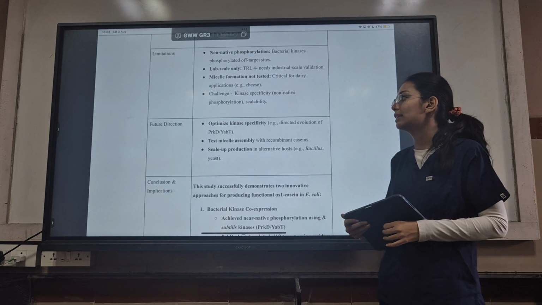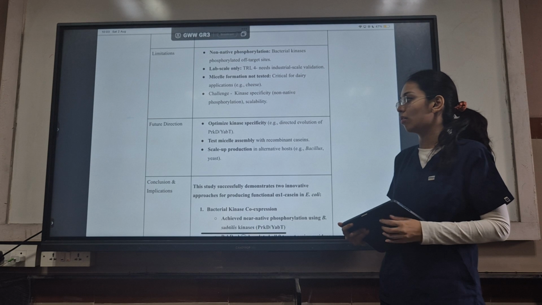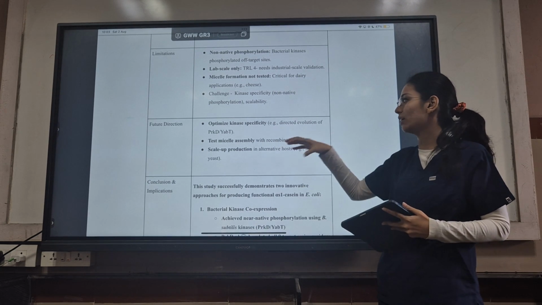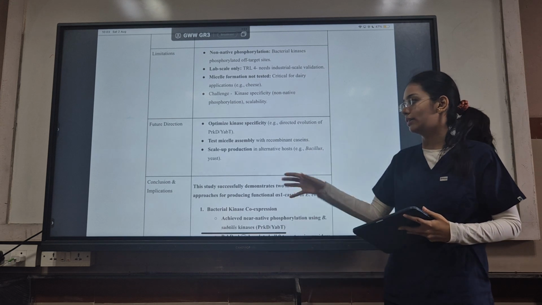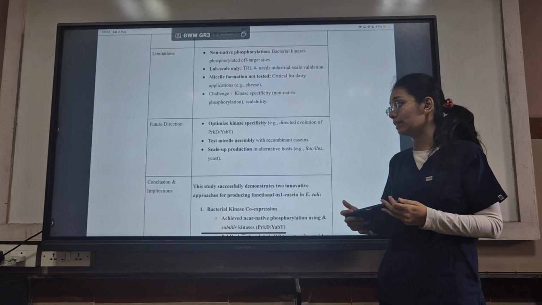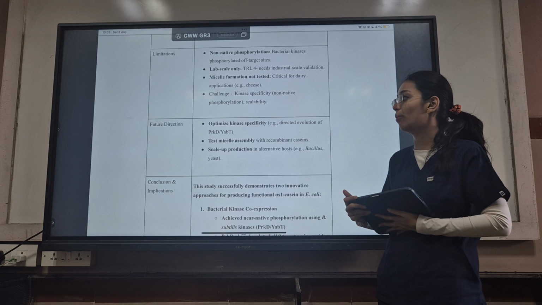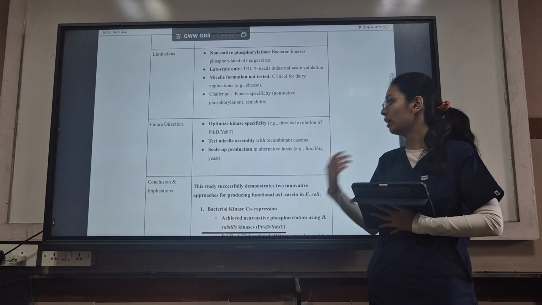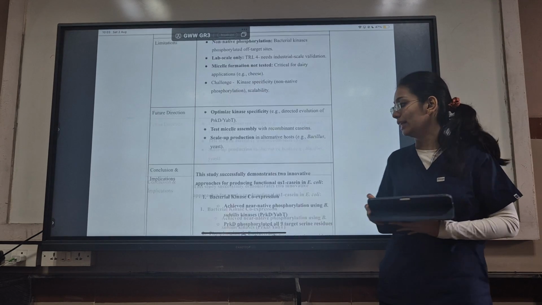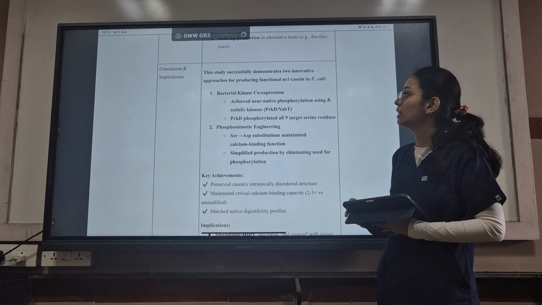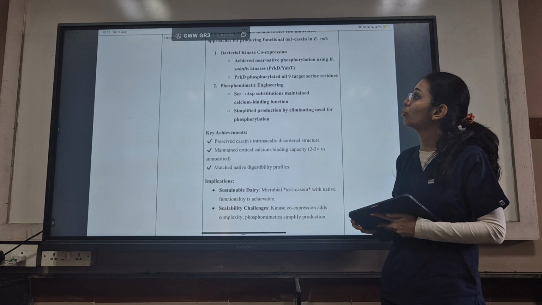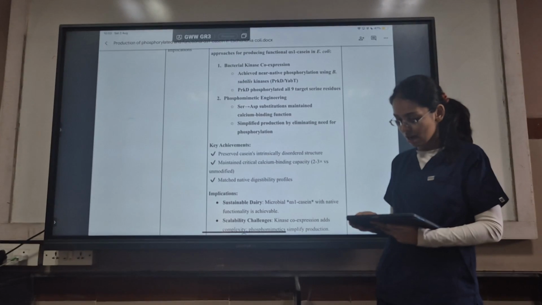For future direction, they are planning to optimize the kinase specificity through directed evolution of the enzymes, and they are yet to test the micelle assembly with recombinant caseins, and scaling of production can be done in alternative hosts like Bacillus or yeast. So the conclusion is that the study successfully demonstrated 2 innovative approaches for producing functional casein